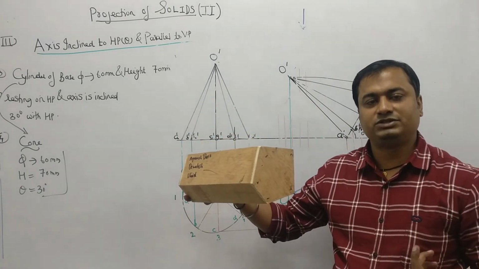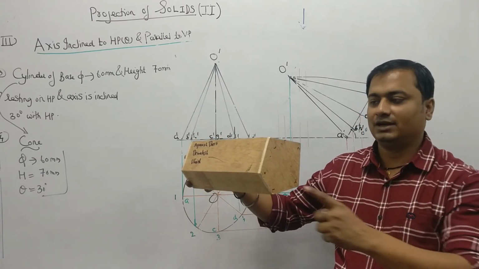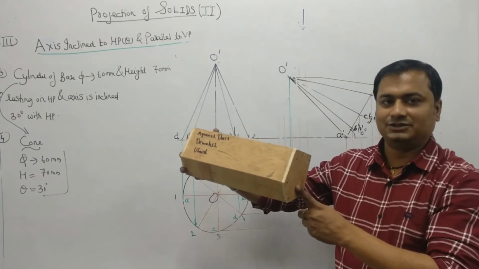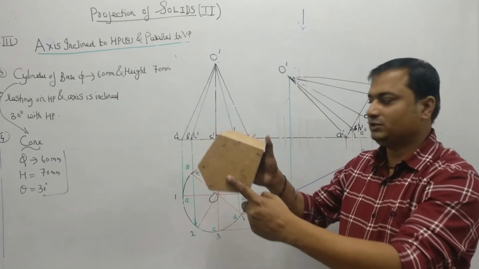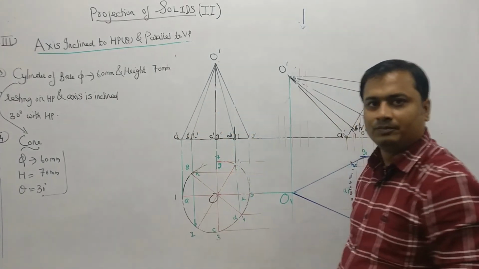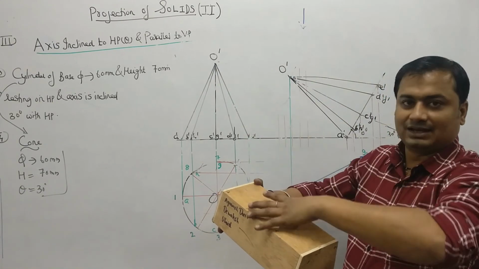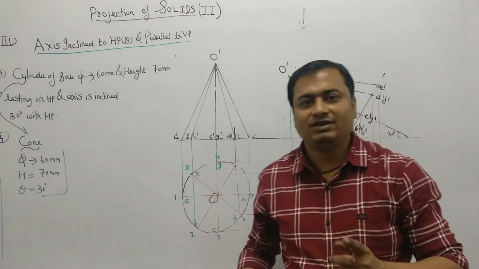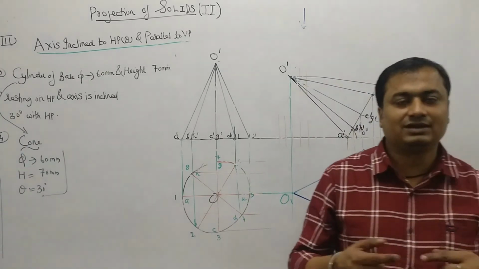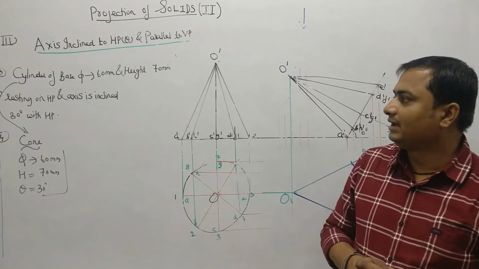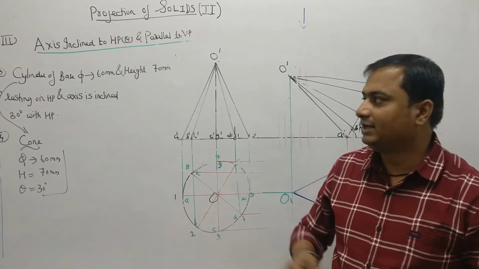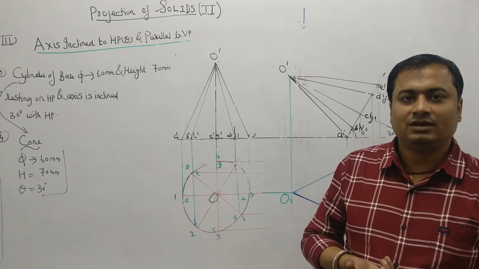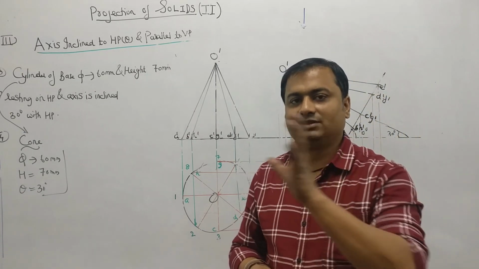The only thing we are going to change is that in the first stage we assume it standing on the VP. If the solid is inclined with the VP, in the first stage assume it like this, standing on the VP. So this will be above, this will be below. Then when it is inclined, the top view will be inclined, so this part will be at the bottom and this will be in the front. Only the views are going to reverse when you are inclining to the VP. So I am not taking any problem for inclination to the VP. You can practice problems based on inclination to the VP in a similar manner to the HP. Only the steps are going to reverse. HP is replaced by VP, so you have to start with the front view, not the top view.